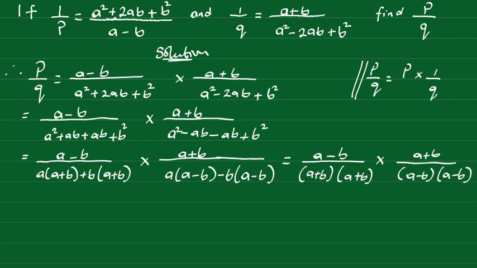Now similar terms cancel out, hence we have a plus b at our numerator over here cancel out a plus b. We have a minus b at our numerator over here cancel out a minus b. Hence our expression becomes 1